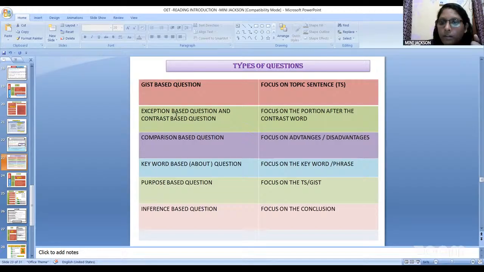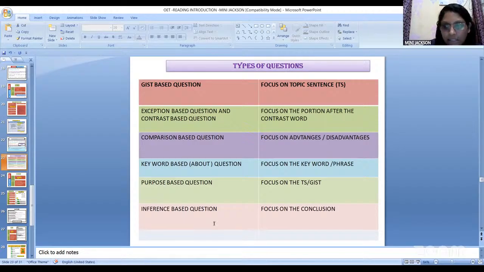There will also be development sentence 1, 2 maybe, or a link, and a conclusion will be there. So once you understand the paragraph structure, you can get a clear idea about the text. You get the idea from the topic sentence, and you have to read the text also.